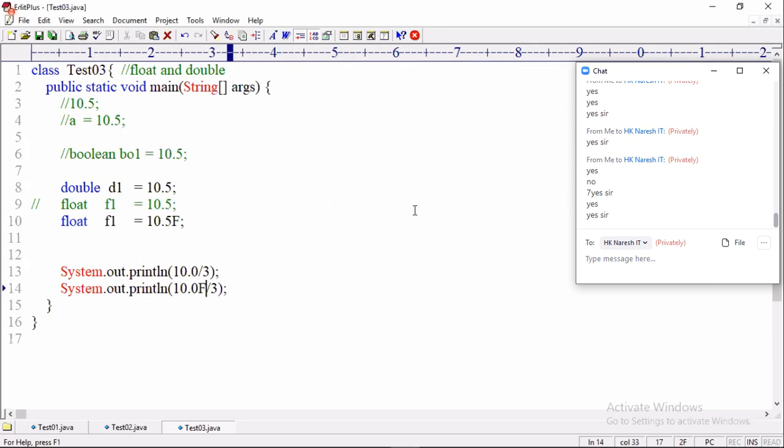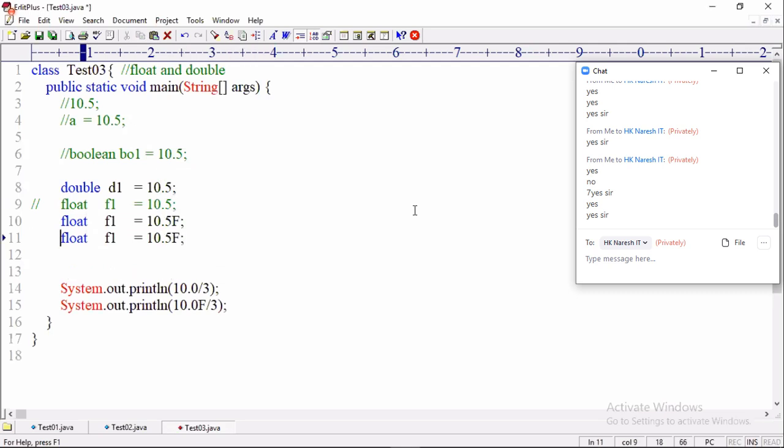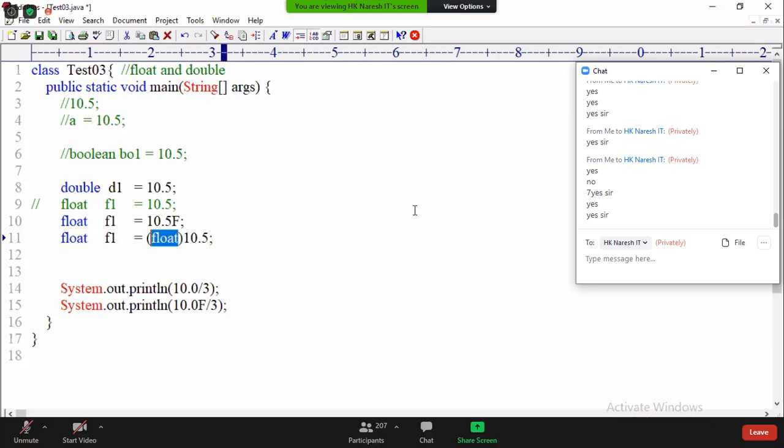For that reason, you cannot assign a floating point number directly to float. You have to use either a suffix or a cast. If I use a cast, below 10.5 is of what type? Is it float or double? Double type. You are converting it to float and assigning.